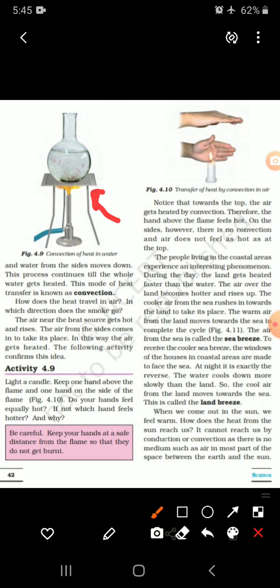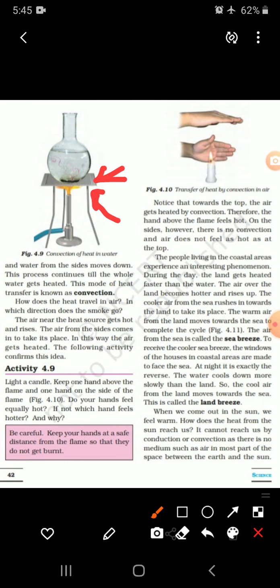You have to make the arrangement like this and observe what will happen. You can observe that the heating will start from the hotter end